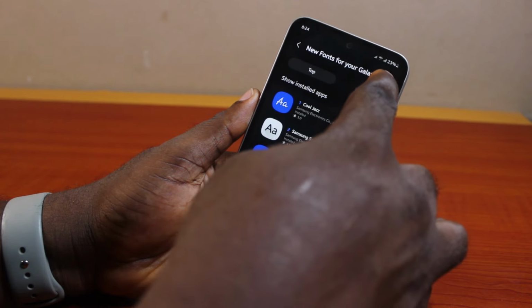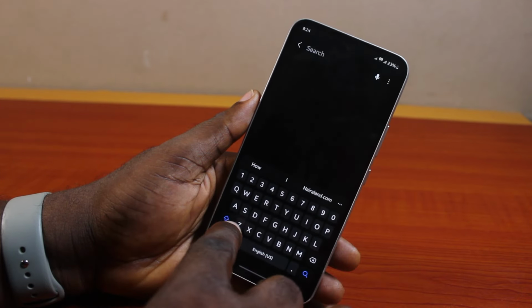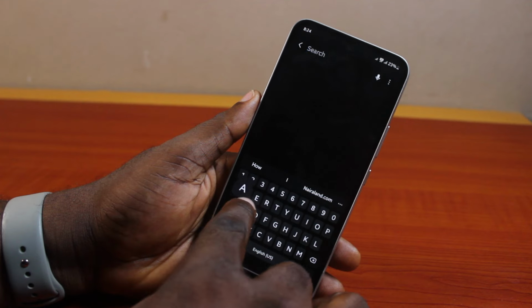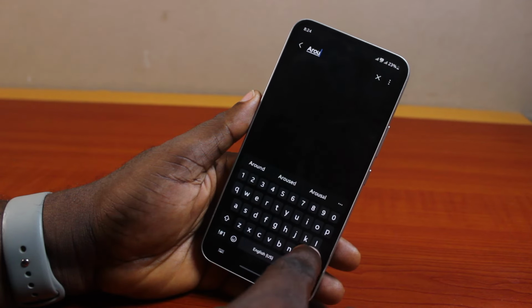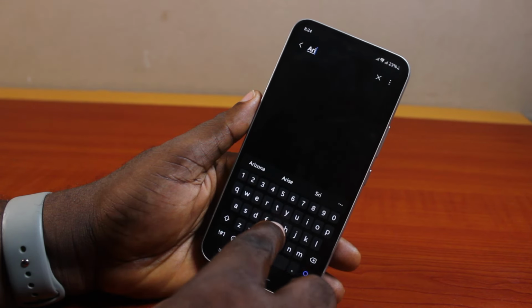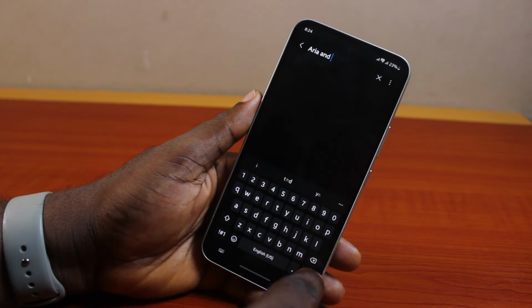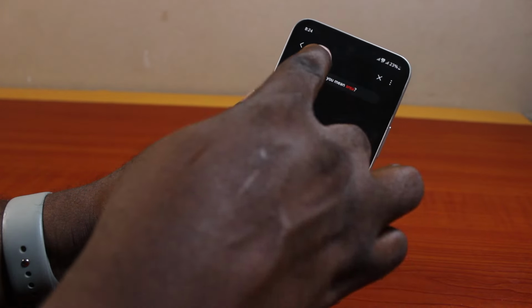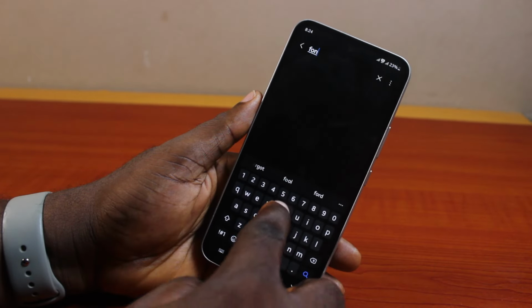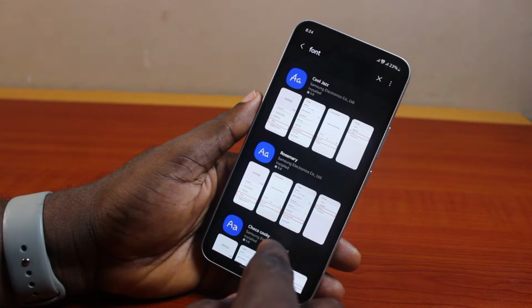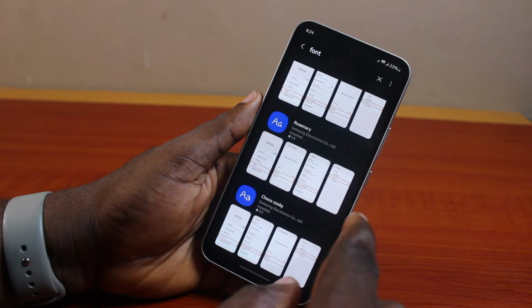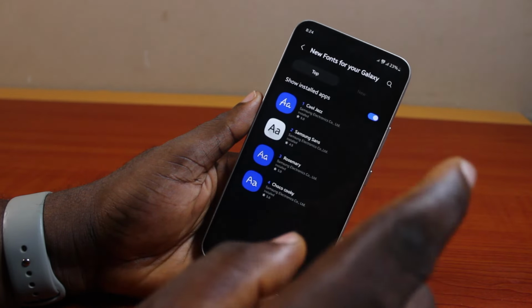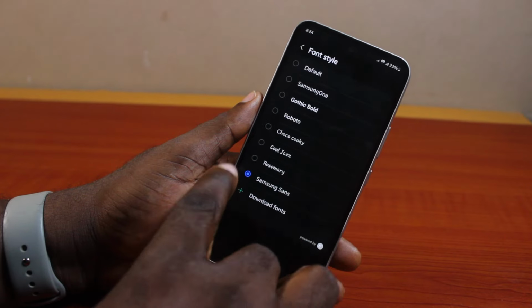You can also come here, click on the search button and search for your font. So just search for your font here. So if the font is available, then you'll be able to see the font and download it. So I just come here, fonts, search for it, then check through and download the available font you want to use. So once you download the available font, just hit the back button, come back to the font style